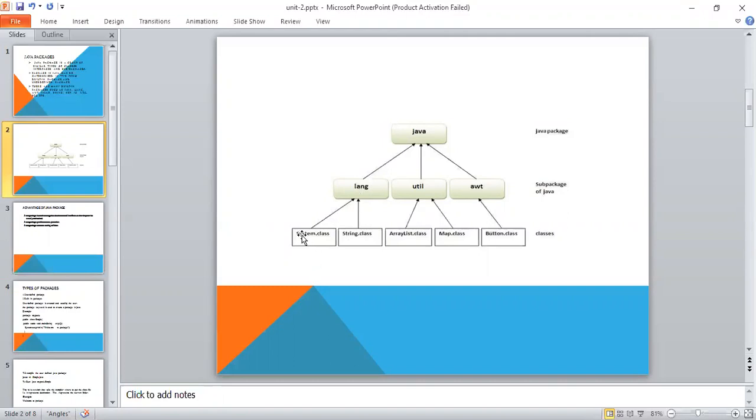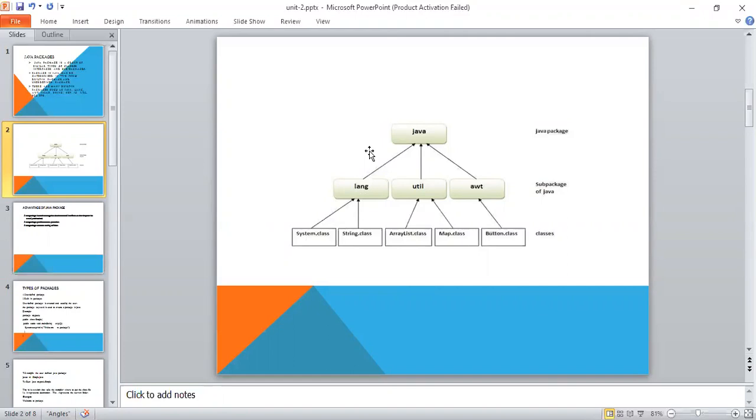Whenever you use this System class in Java, then we should import the package called lang. Similarly, if you want to define a data type or a class of string type, then we should import the lang package.